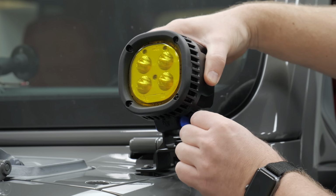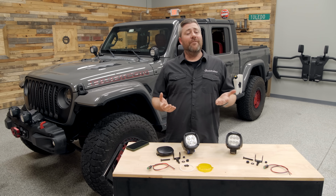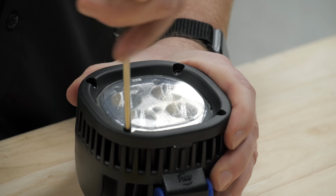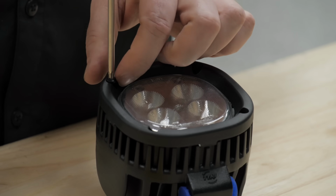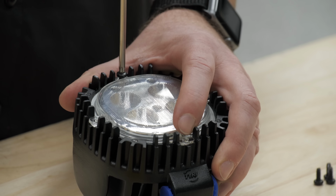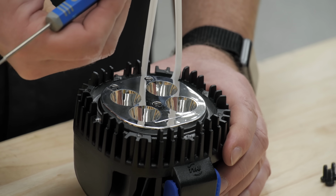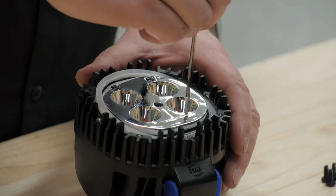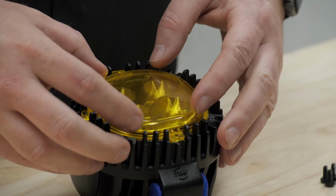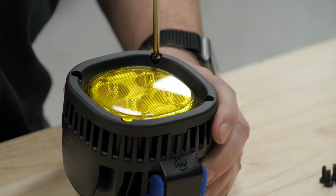Of course, you could do it on the vehicle, but it's much easier to do it on a flat working surface. After removing the light from the Jeep, we can simply start by removing the 4 T20 Torx screws on the bezel. We're going to find 4 additional T20 Torx screws holding that lens in place. We can remove that old gasket because we're going to be replacing it with a new included gasket to maintain that IP69K rating. And you're also going to get new hardware to secure that lens in place. With the new lens installed, we can simply reinstall the bezel and then put the light right there back on